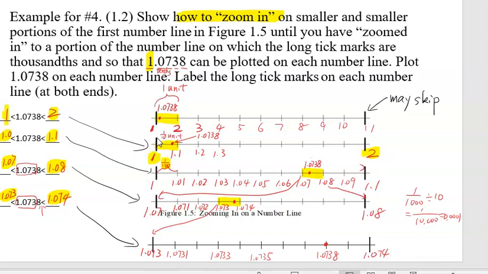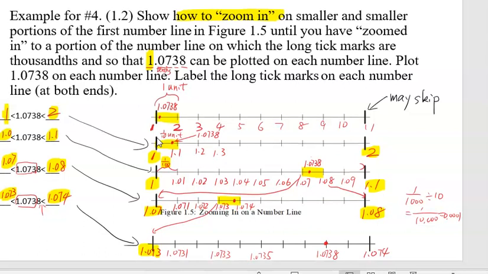You see 1 and 2, that's 1 and 2, and 1.0 and 1.1, and 1.07 and 1.08, and 1.073 and 1.074. So that can help you to label the long tick marks on each number line, and then you figure out where they are exactly. Of course, you have to do the dividing part